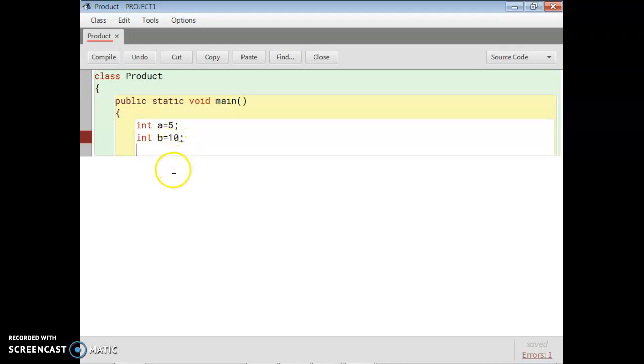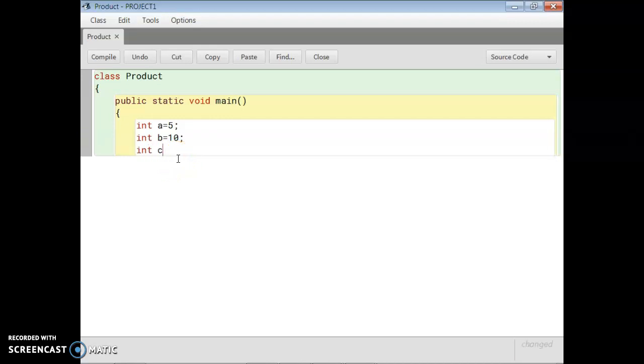Then I want to multiply a and b. After multiplication of a and b, we get one integer, because after multiplication of two integers, we get back one integer. So we have to store it in another integer type variable.